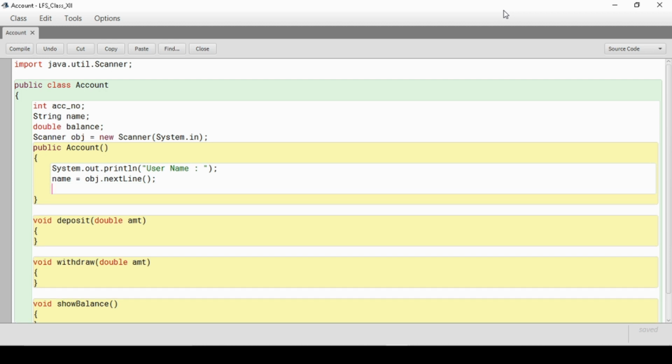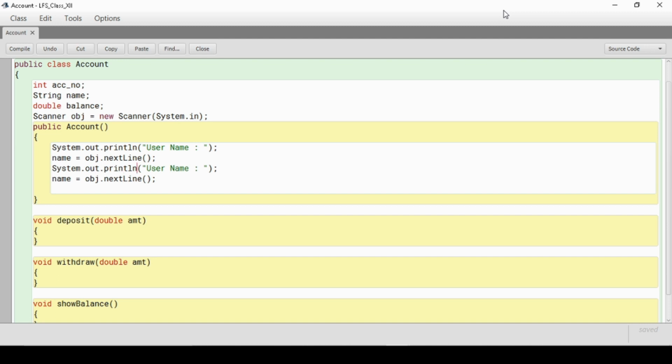And now I want the account number as well as the balance. I told you, if you are working with Scanner, the best way is to always accept string and then convert it into the specific type. For the account number, I have to convert string into integer, right? So what I'm going to do, I'm keeping it next line. Here I will write account number, but I'm going to typecast it, I'm going to parse it into integer. So this will be the best solution for it. Accept string and convert into the specific type.